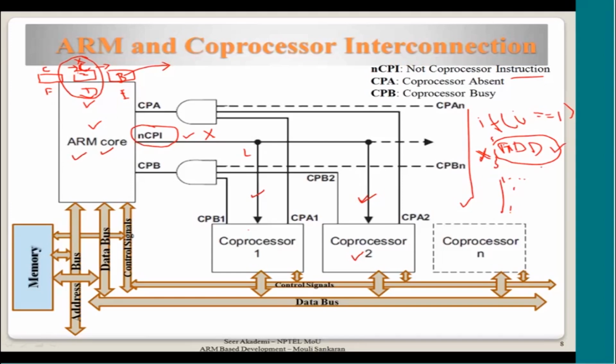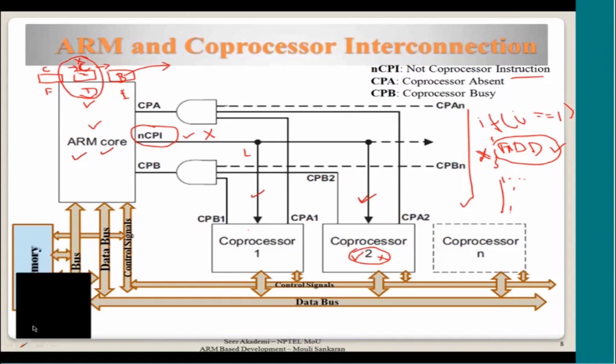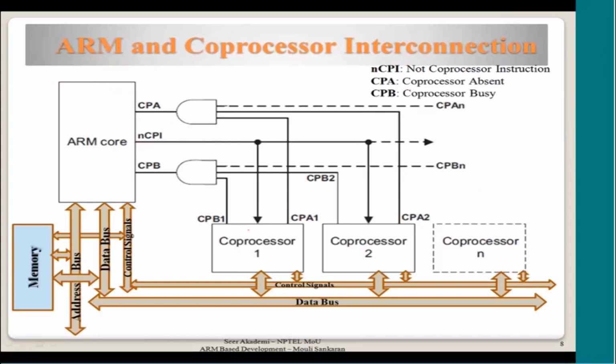So that is the reason the processor decides that this instruction is not to be executed and it will not raise this NCPI signal. Then what happens? The coprocessor ignores it. Even though it belongs to it, it will ignore it. So remember this logic. NCPI is generated when that particular instruction